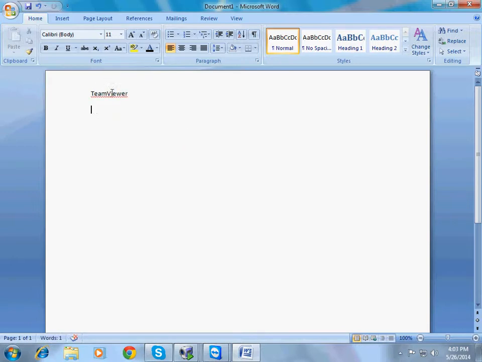Generally, I use TeamViewer in my PC. So I thought, will there be any app for Android with TeamViewer? So I searched for TeamViewer for Android, installed it, and accessed the ID of my Android through my computer, and now I'm able to access.